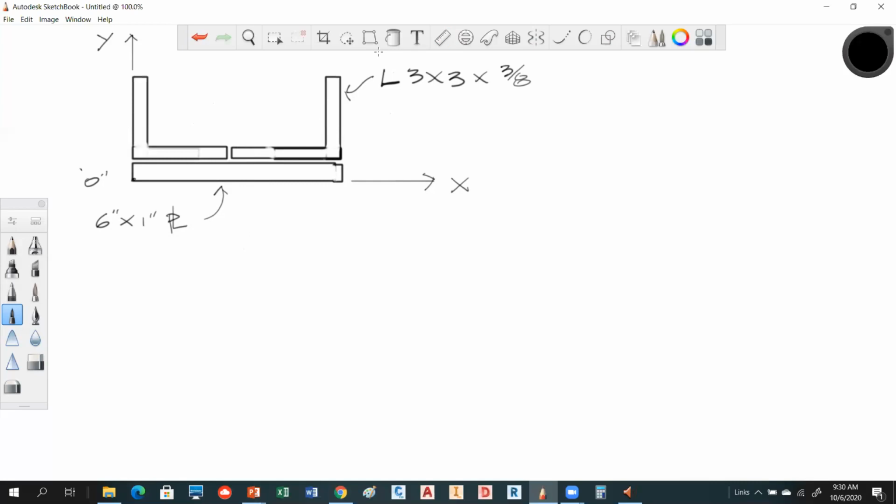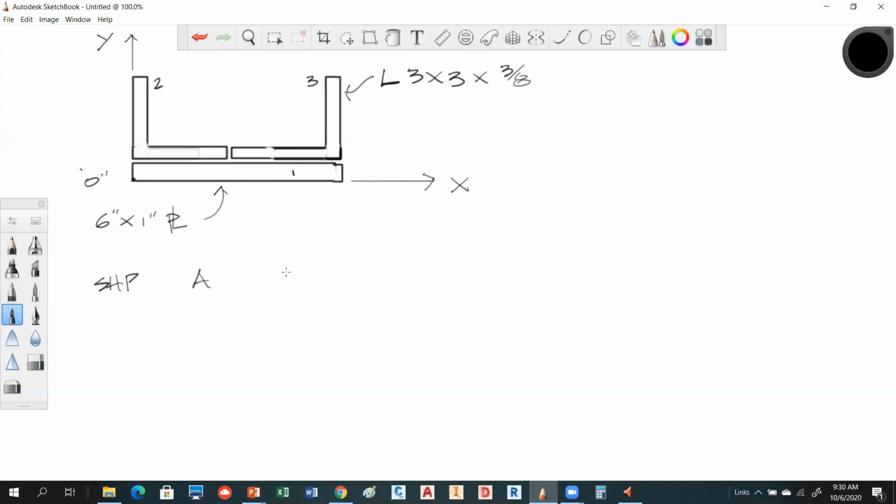Okay, so our plate is real simple. We're going to consider that a rectangle, but we have to look up these other shapes in the chart. So I'm going to call this shape 1, this shape 2, and this shape 3. Okay? So we are going to set up our table: